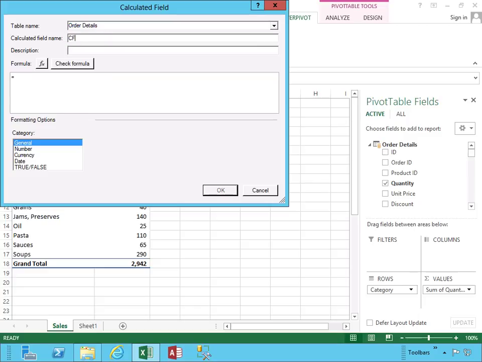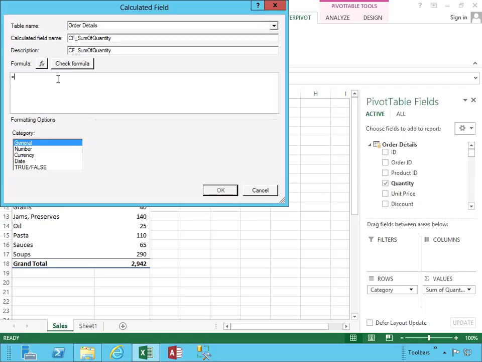When naming your calculated field, do it as mnemonic as possible. Yes, sometimes it can be painful to have long names, but in the long run, it'll be easier for you to identify them whenever you start adding more and more of them. In this case, I'm just going to prefix it with CF, calculated field, underscore, the sum of quantity. That said, a description is always welcome, and it's a good idea to always fill it in. I'm just going to copy and paste for the sake of this example,